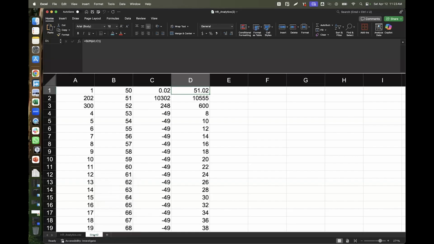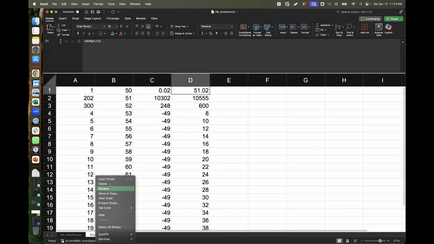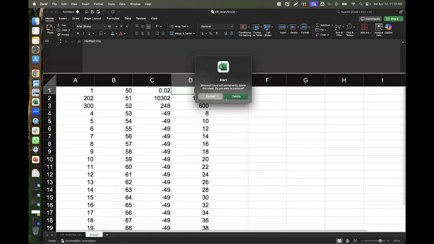These are called sheets. I can create as many sheets here, up to 20 sheets with different data sets in them. And when I save that single file, it is called a workbook in Excel, right? So I will delete this, I'll delete this, and I will delete this.